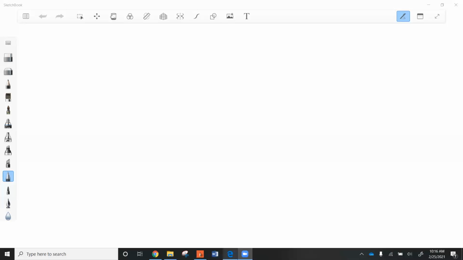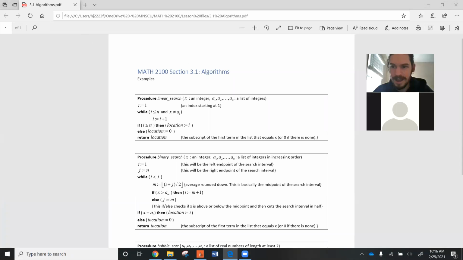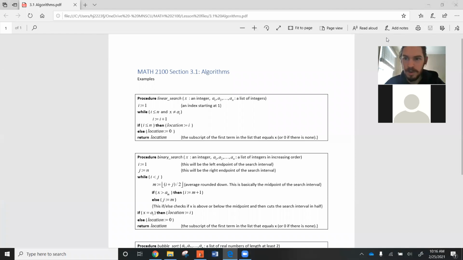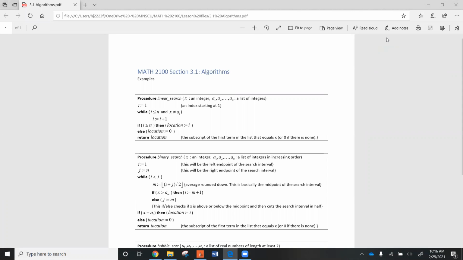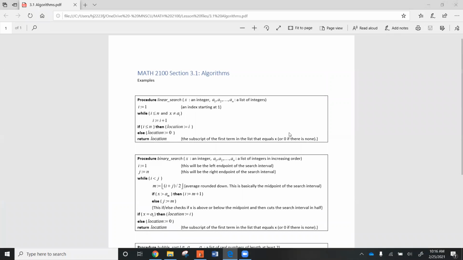All right, so share my screen. There we go. Let's look at this file. I've put this file in D12 for you all. So in this file, I have put some algorithms. These algorithms are written out in a